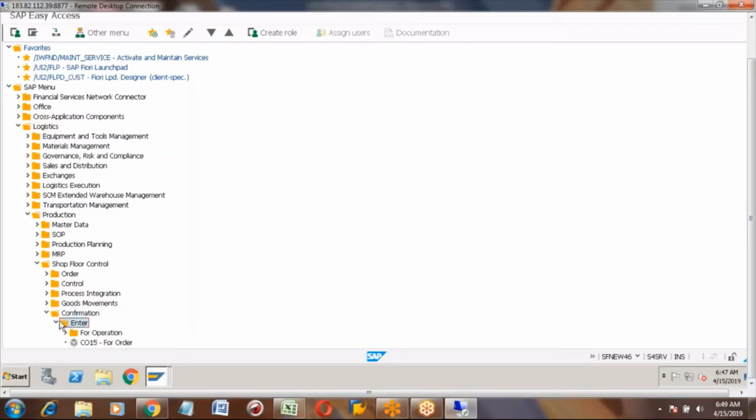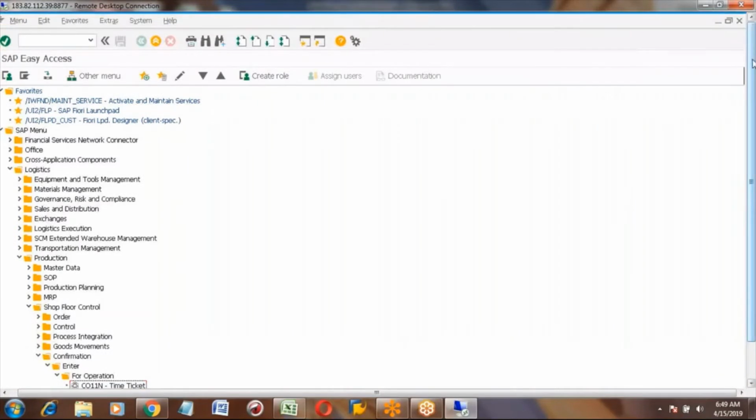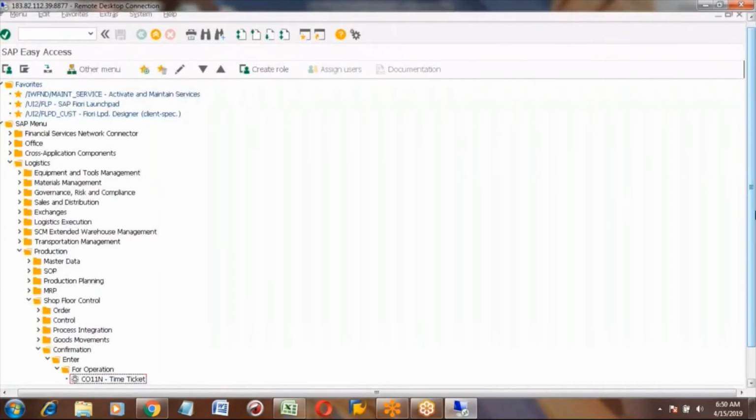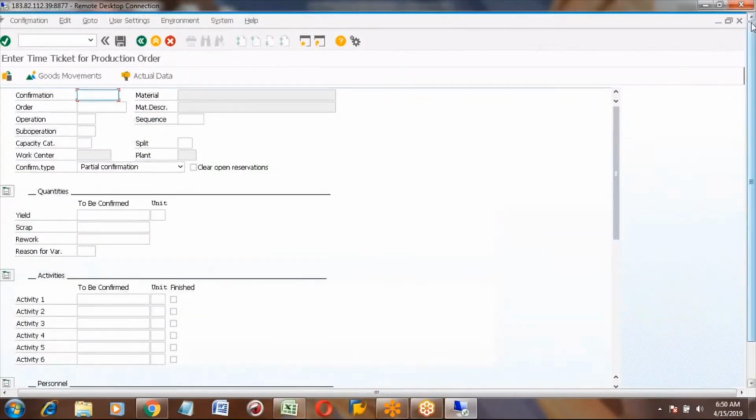Click on enter, and here you can see the screen for operation. Expand this, and here you can see time ticket CO11N. Open the transaction code. This is the screen that will appear: time ticket for production order.